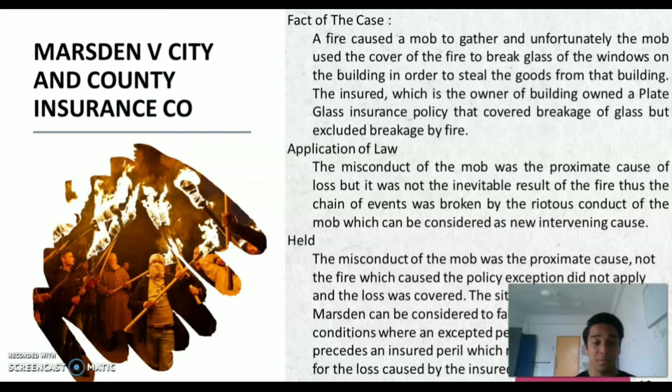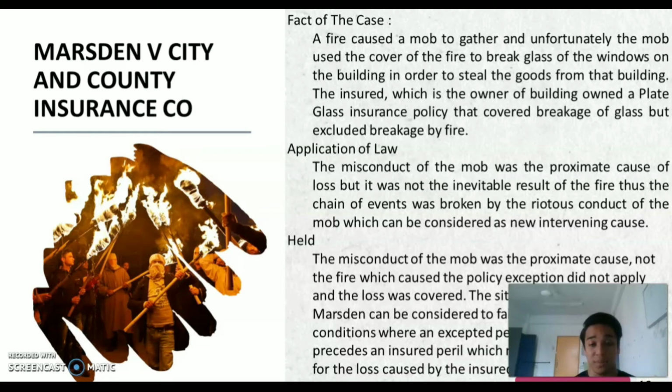So, based on the law, the misconduct of the mob was the proximate cause of the loss, but it was not the inevitable result of the fire. Thus, the chain of events was broken as these two events are independent, so the conduct of the mob can be considered a new intervening cause. So, the court in this case held that the misconduct of the mob was the proximate cause, not the fire, so the policy exception will not be applied in this situation, and the insured can make a claim